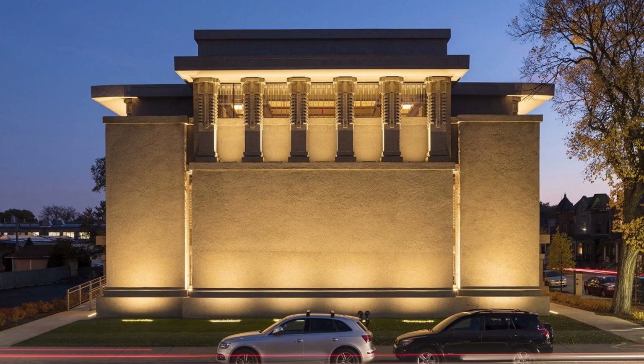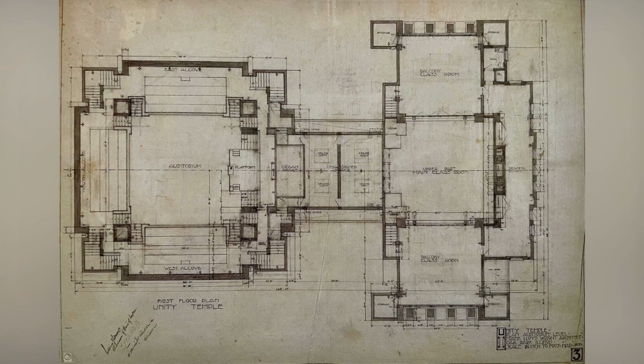The exterior, a monolithic concrete cube, exudes an introspective aura. Its entrance, hidden within a low hall connecting Unity Temple and Unity House, reveals Wright's mastery in guiding visitors through transitional spaces. As we peer into the architectural plans of Unity Temple, we discover a meticulous arrangement born out of